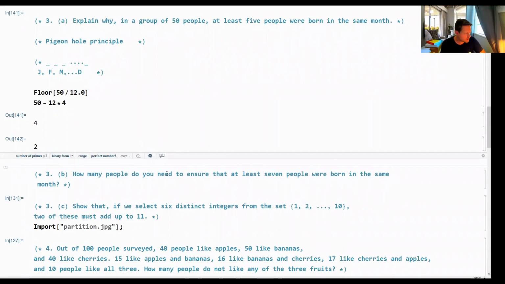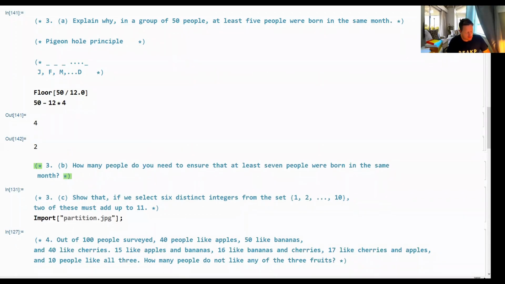Okay, so next one. How many people do you need to ensure that at least 7 people were born in the same month? All right, so what we need to think about is how do we avoid getting 7 in the same month? So what we want to look at is what makes that overflow. So 6 times 12